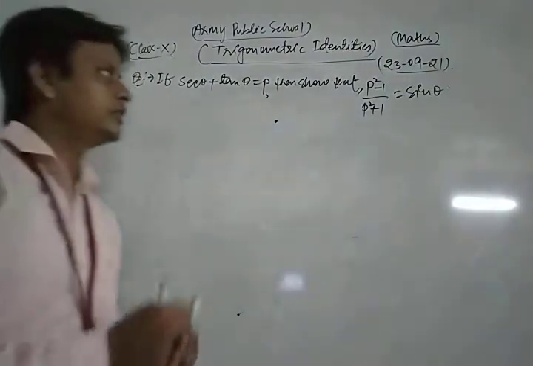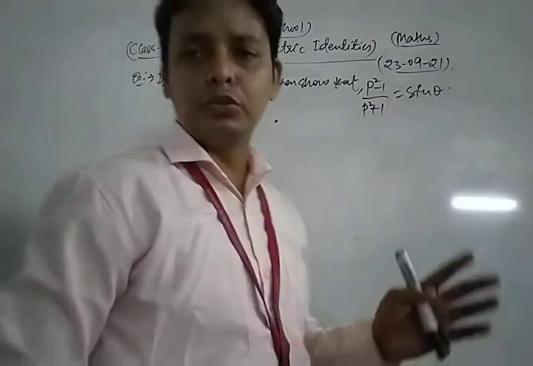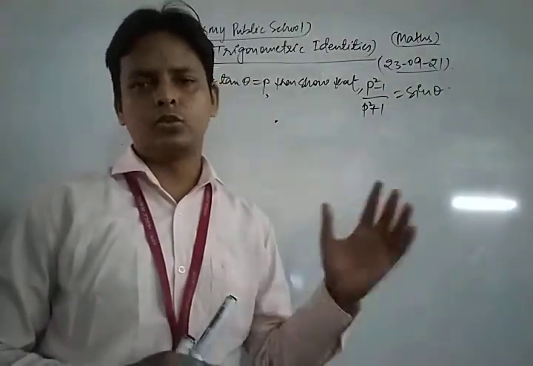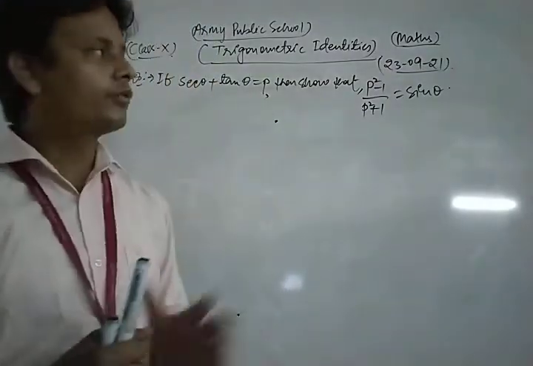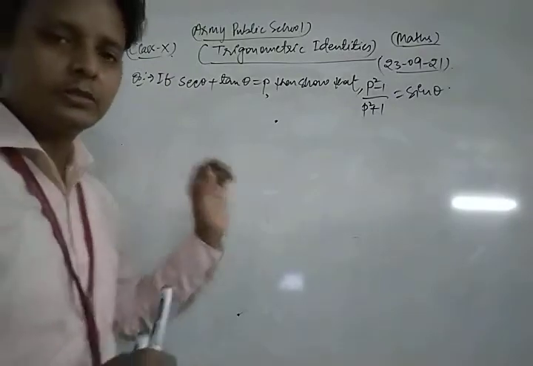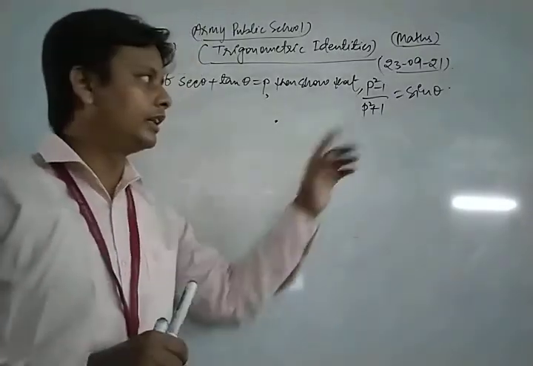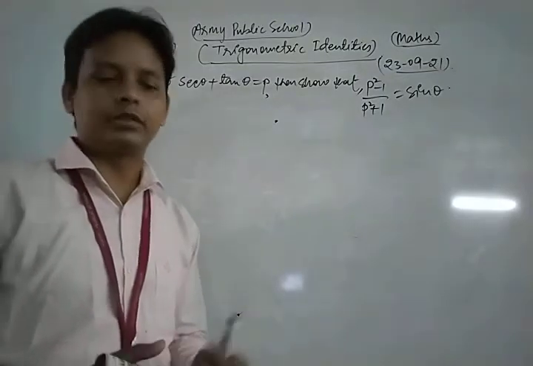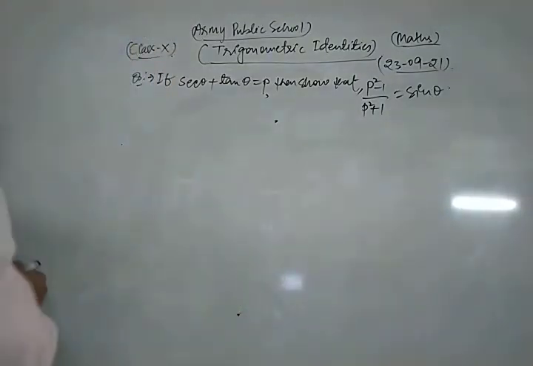and dear friend, this is one of the most important questions of your syllabus based on trigonometric identities. So what I do for that, dear friend, this is a very conceptual question. We already have the value of p, so we just put the value of p in the left hand side of the given result and we simplify them, and hence we get our result. Let's see its solution.